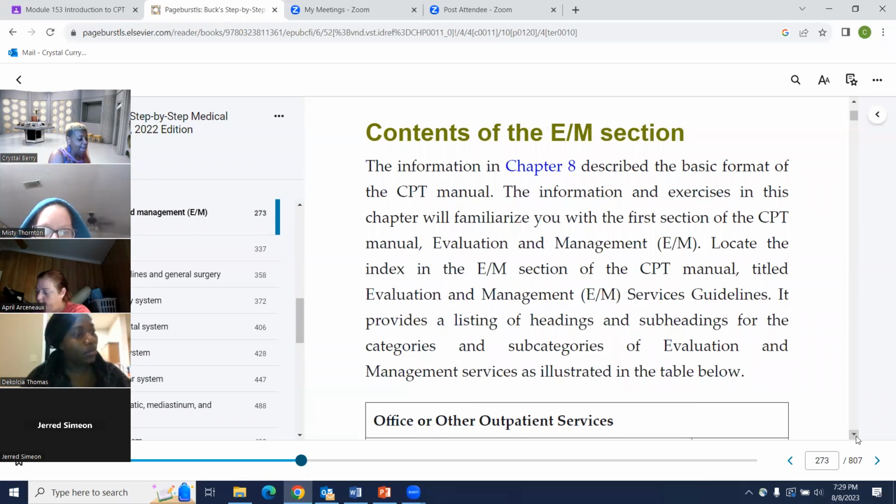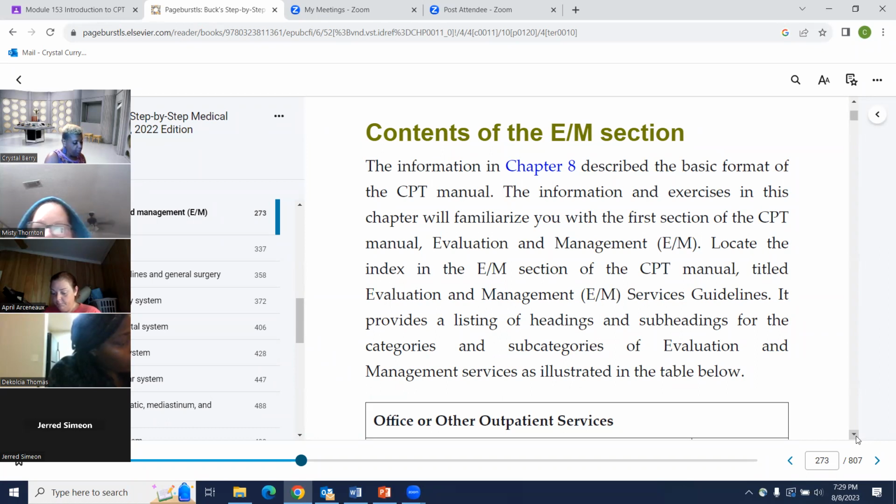So if you go back a little bit before that, you're going to see diagrams, and it's going to tell you evaluation and management tables. And you're going to see in the red section, it's going to say office or other outpatient services, initial hospital inpatient or observation care.